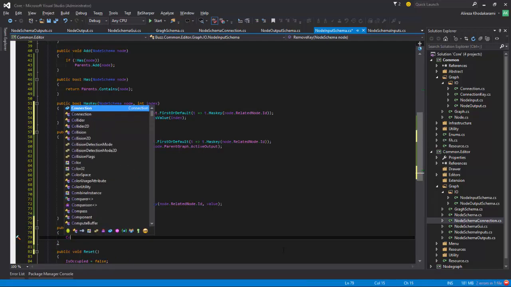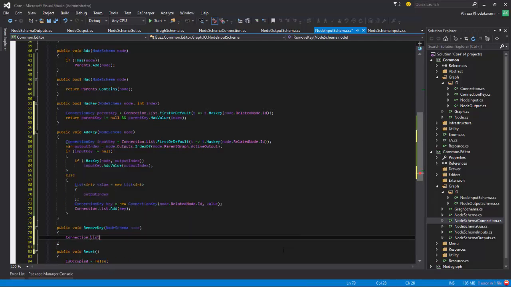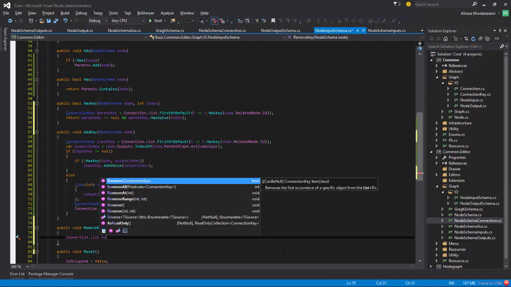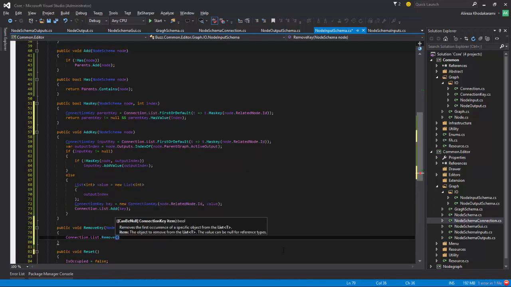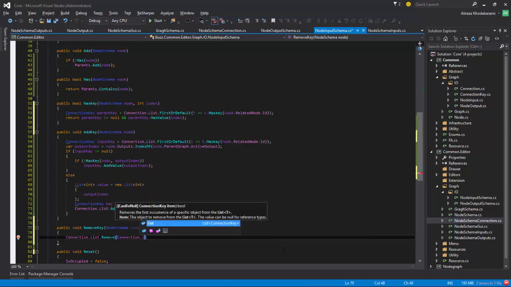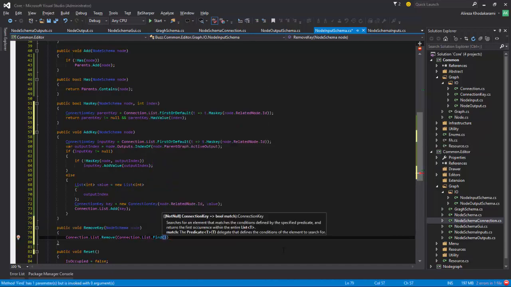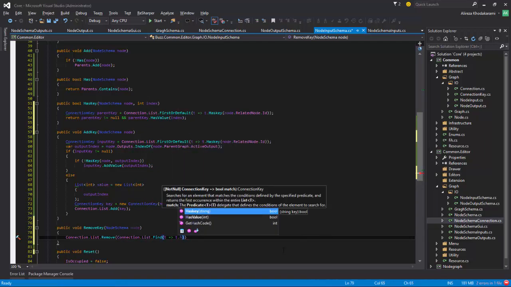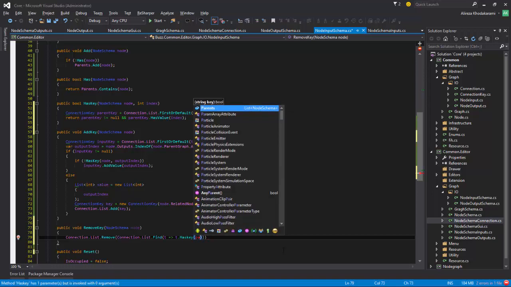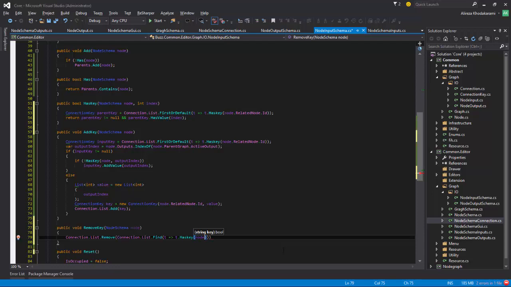All we are saying is connection dot list dot remove connection dot list dot first, t goes into the condition of t dot has key of parent, sorry, I called it node, node dot id, node dot,